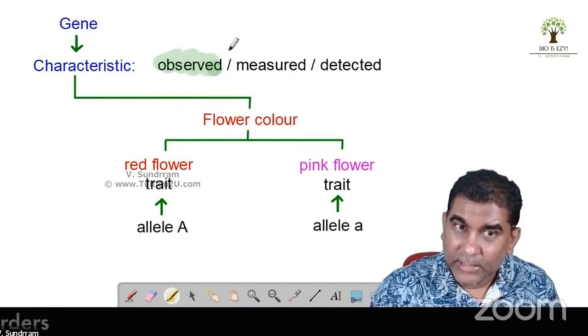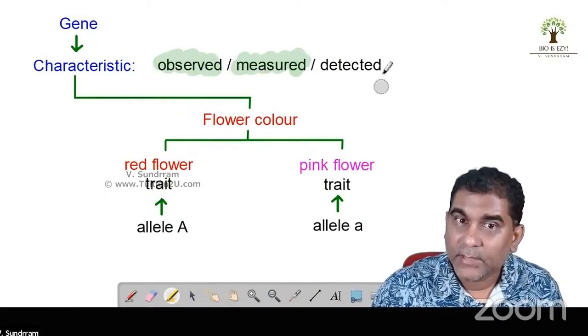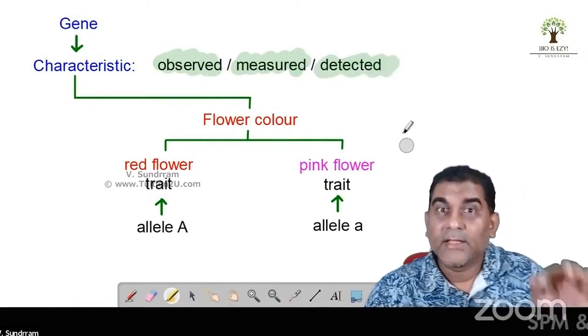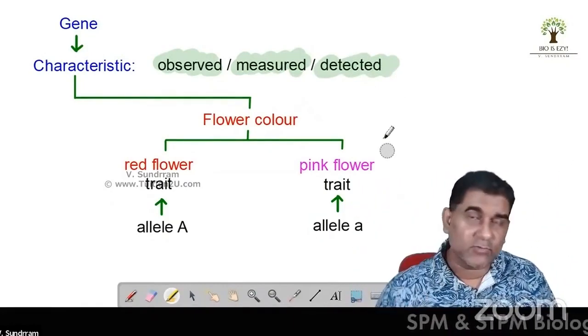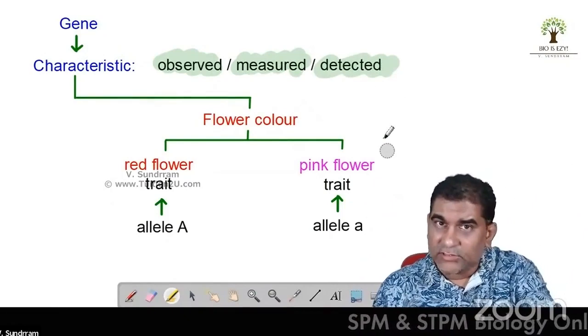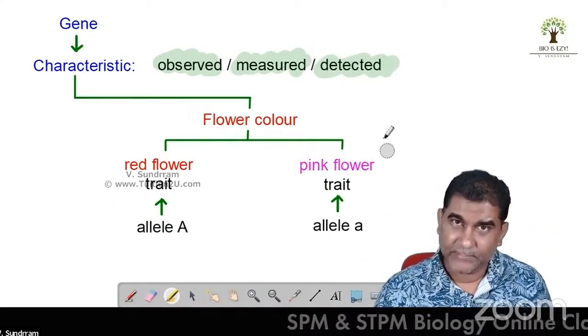Observable, measurable, detectable characteristic of an organism. Lagi satu markah. Everything you see on the screen is definition. But